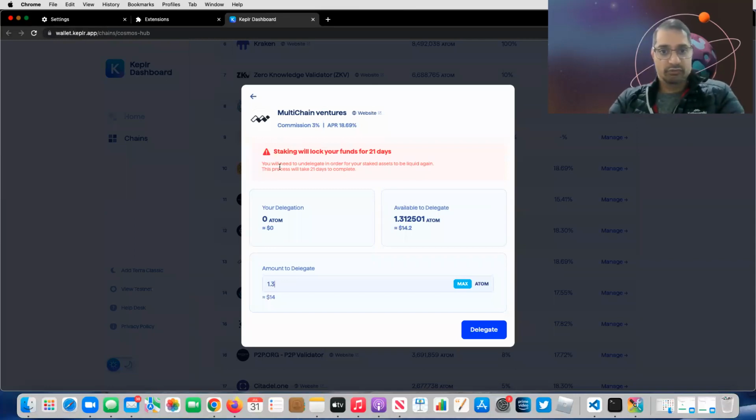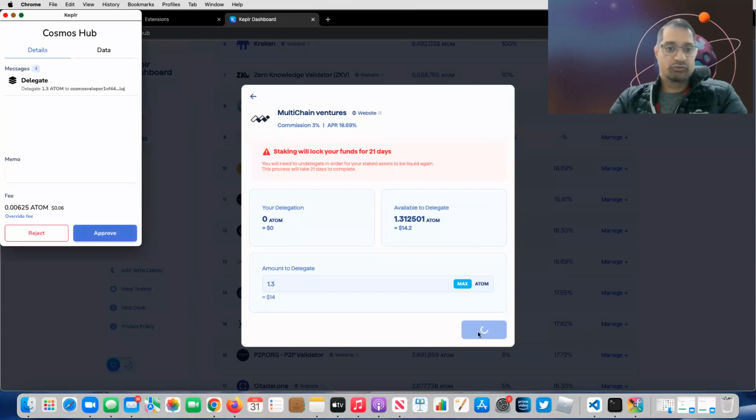So here you get the warning: staking will lock your funds for 21 days. So if you unstake immediately, you will not be able to get back your coins for 21 days. So I will stake 1.3, which is about $14 USD at the moment. It charges this much in fees, which is like 6 cents.